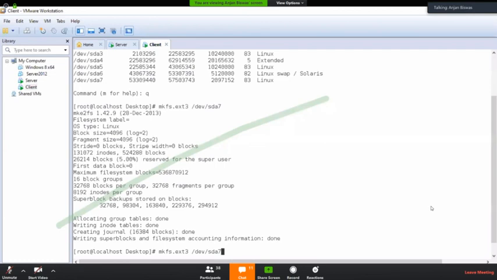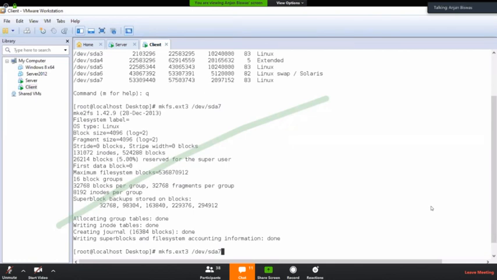So mkfs, make file system, which is .ext3, that is the name of the file system. If you want to create a file system in a newly created partition, that is Windows type. Understand? Let's say you have one pen drive that needs to be formatted, and Windows cannot format it.